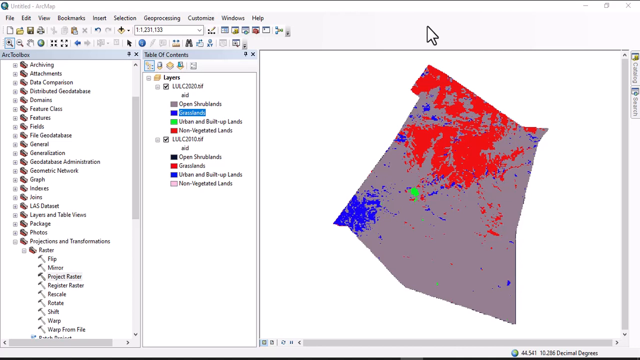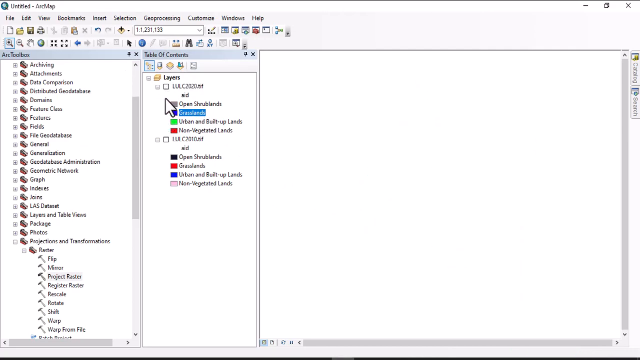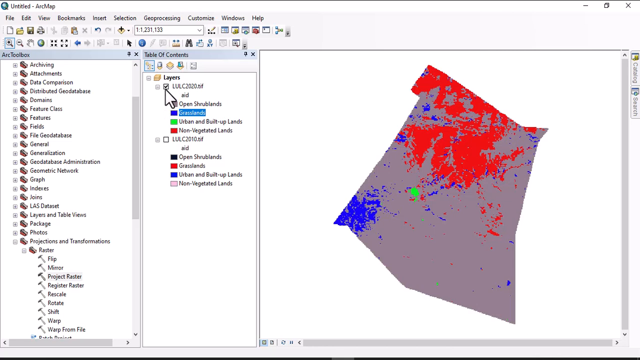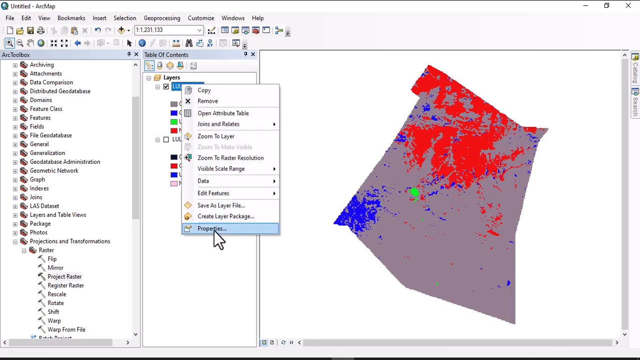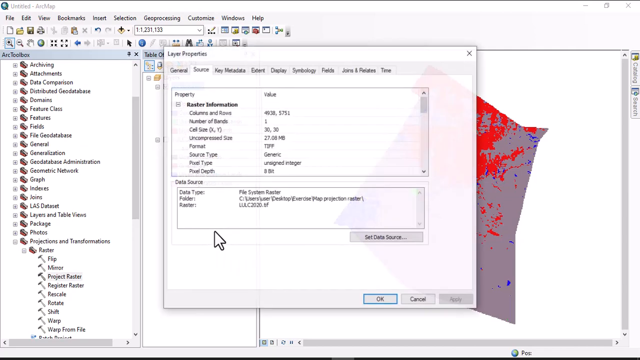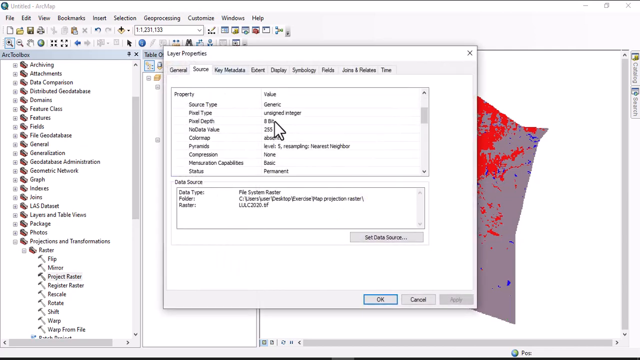Today I'll show you how to change the coordinate system of rasters. So for the activity, here we have two raster data, land use land cover of one specific area for 2020 and 2010. Let's see in detail the two raster data, and let's look at the raster data of 2020 land use land cover and click on properties. If we look at the source, you can see here this data is projected, having the spatial reference or